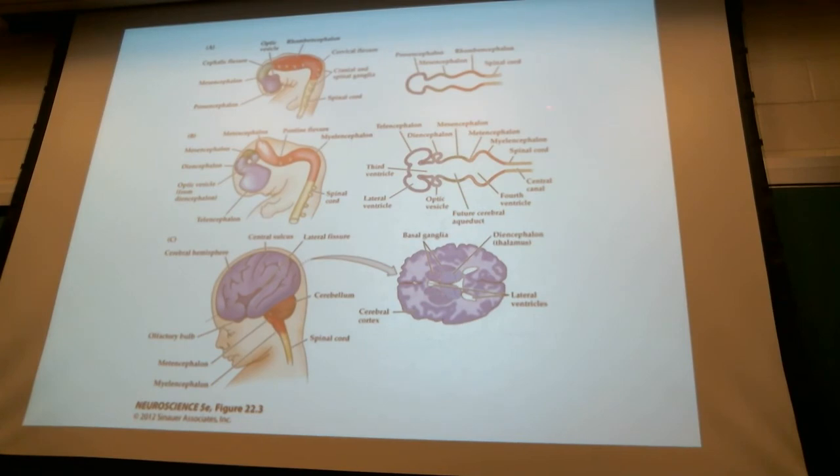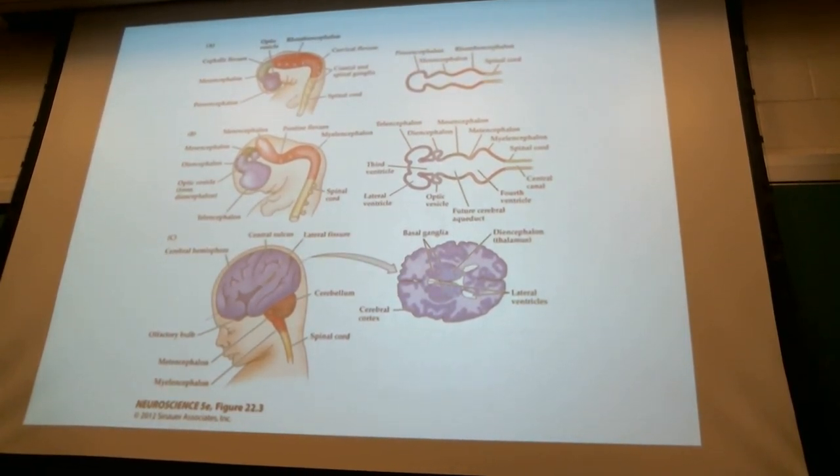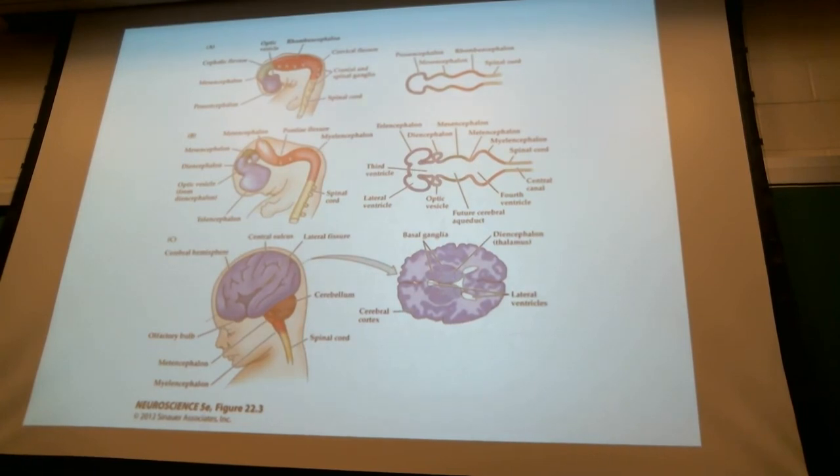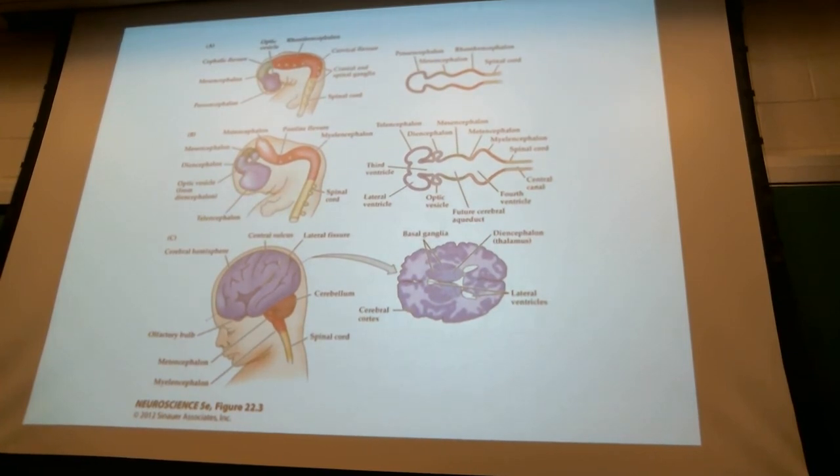And it follows to metencephalon, and this will become cerebellum and the pons, and then myelencephalon becomes brainstem, and then going to spinal cord. So that's how the brain is formed. So there is an ordered structure, anterior and posterior. How is this regulated? Well,